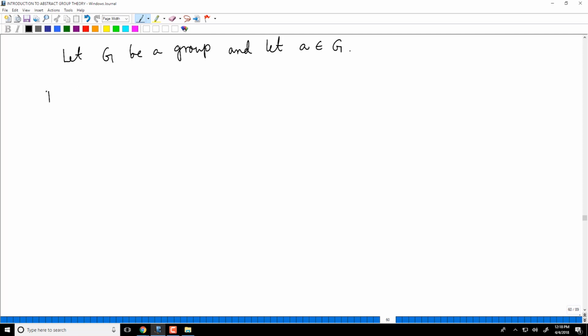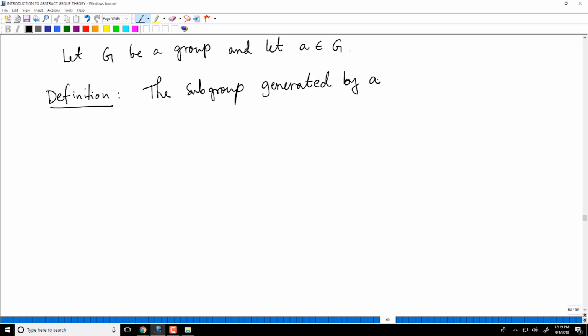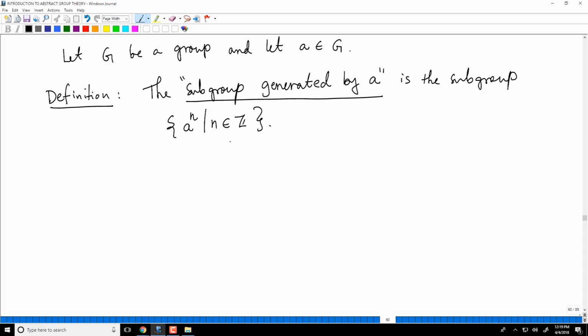So I want to define the subgroup generated by A. The subgroup generated by A, that is the term I'm defining here, is this set.